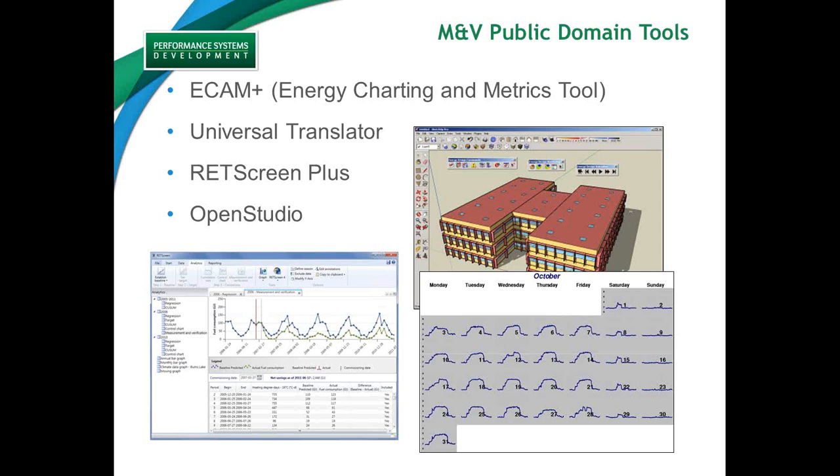And finally, at the top right, you see OpenStudio, which is an interface into EnergyPlus, really more applicable to an IPMVP option D scenario for M&V, where we're creating some sort of model to represent our baseline and then savings relative to that modeled baseline. The important thing here is that all of these tools are available in the public domain. They're free for users to download, use, and in many cases build upon.